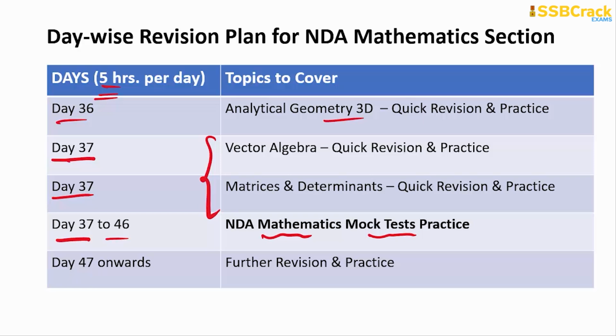Otherwise, you have to increase your number of hours per day for the later time for the remaining days to cover up this plan, to make proper use of this plan to boost your score. All right, so you have the buffer of these days, that is 47th, 48th, 49th and 54th days, wherever you are lagging. But try to see that by day 46th you are enough done with the preparation,